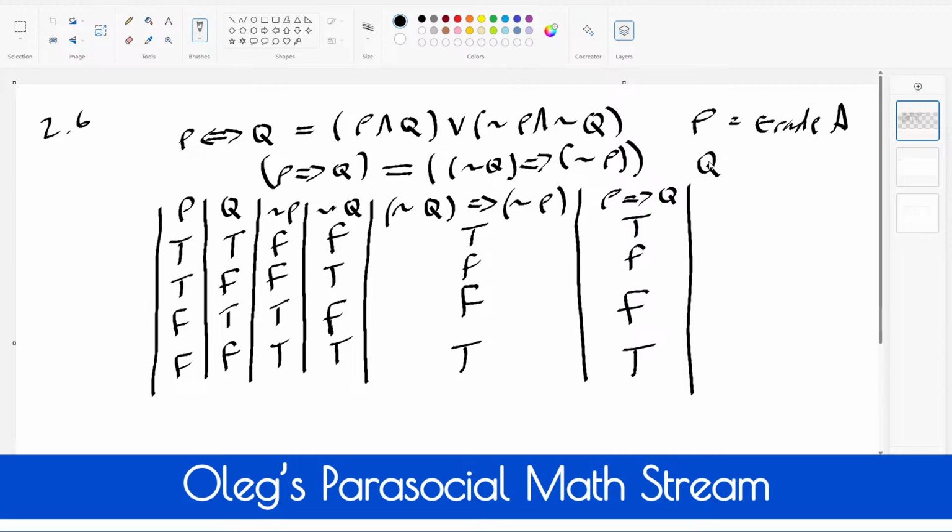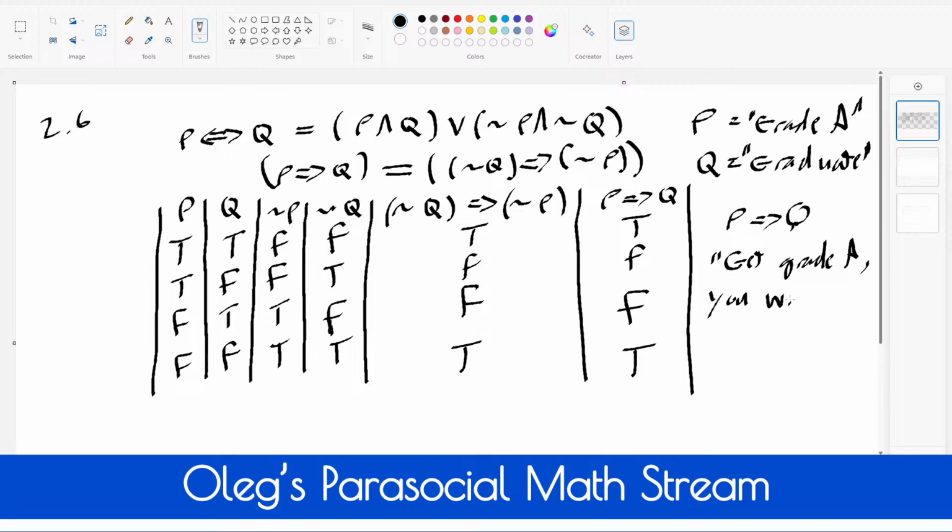A and Q. Let's just say that, right? Grade A and graduate. So we're going to say if P implies Q, P implies Q, so this, right, that's equivalent. This is equivalent to not P